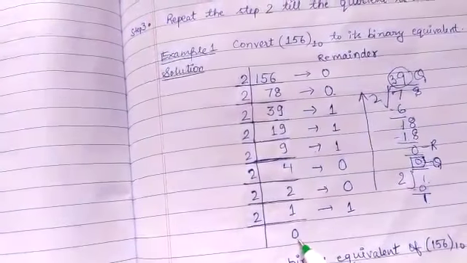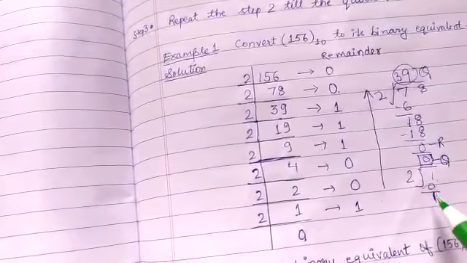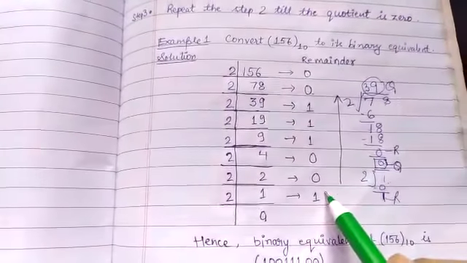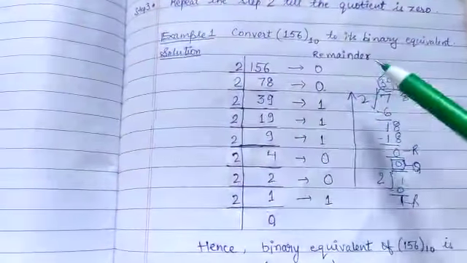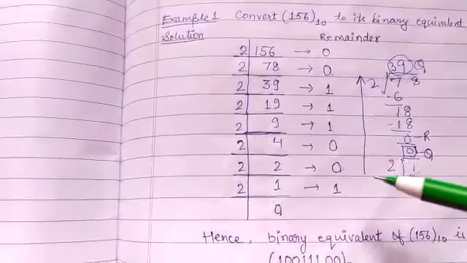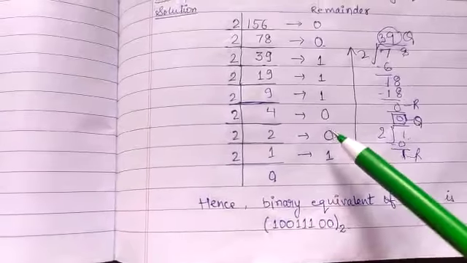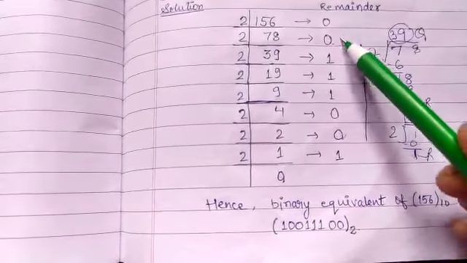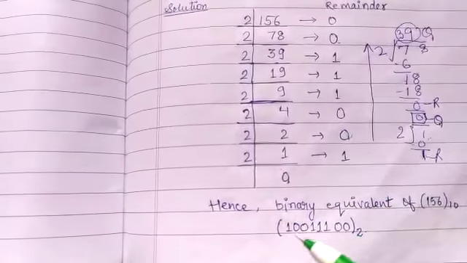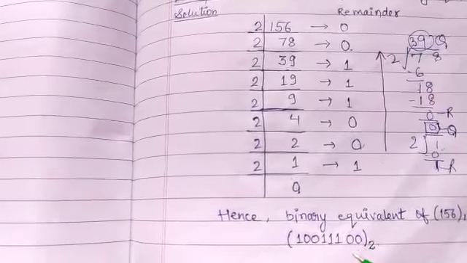So when you get quotient as 0, then no more division will be done. And in this case, remainder is 1. So that will be written here. Now, after all this division, whatever remainders we have got, for writing the answer, remainders have to be picked up from below. So when you write, the binary equivalent will be 1, 0, 0, 1, 1, 1, 0, 0. Can you see here? 1, this is this one. Then 0, 0, so 2 zeros. Then 3 ones. And then 2 zeros.